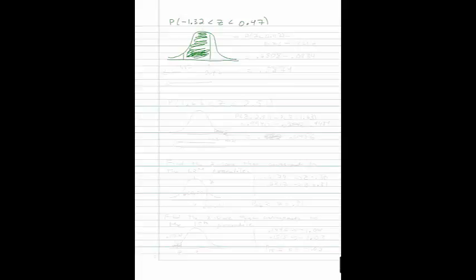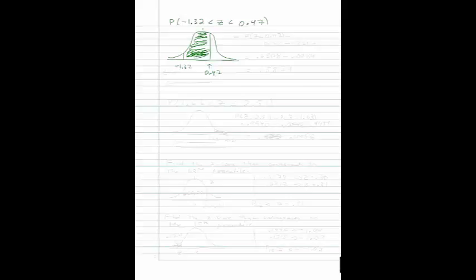Draw the distribution as best you can. Remember, of course, 0 is in the middle. So 0.47 may be here. Negative 1.32 may be here. And what we want is the area between. So we are measuring this area